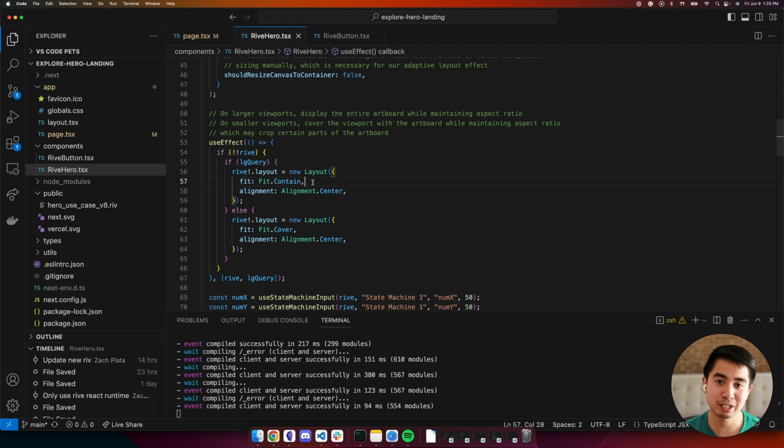It will try to take up as much space as possible while maintaining the aspect ratio, but it will fit the entire Rive graphic. So there may be some padding on the top, bottom, or left and right of the canvas, depending on how big the canvas is, but it will show the entire Rive graphic, so nothing will get cropped out.